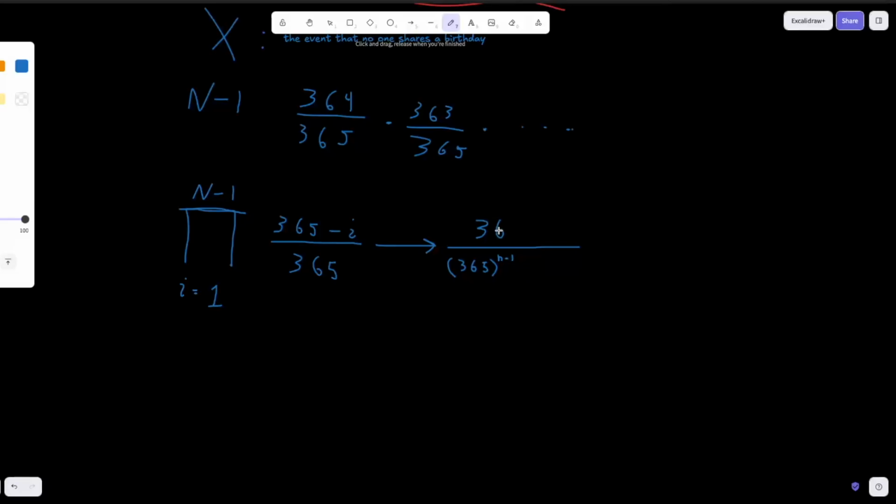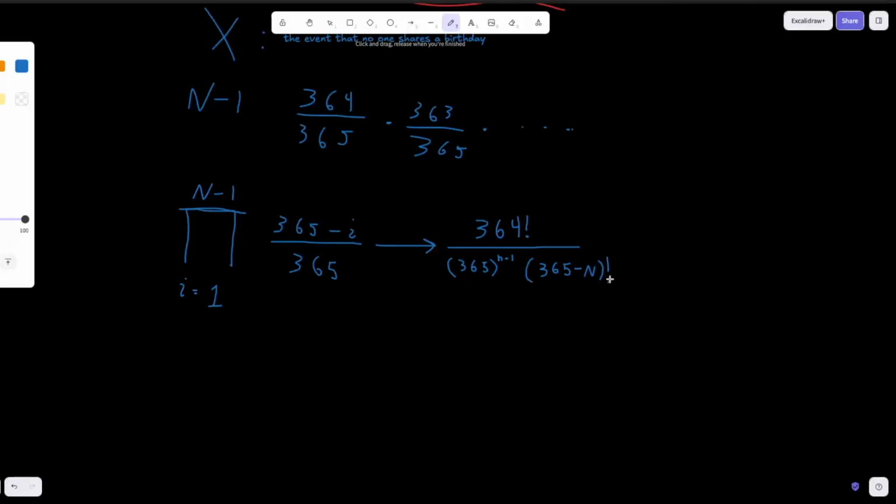So it's looking like it's going to be some sort of factorial on 364, right? But obviously it's not going all the way down to 0. It's going to have to stop at some point. And the place where it's going to stop, if you do some mental math, is 365 minus n,